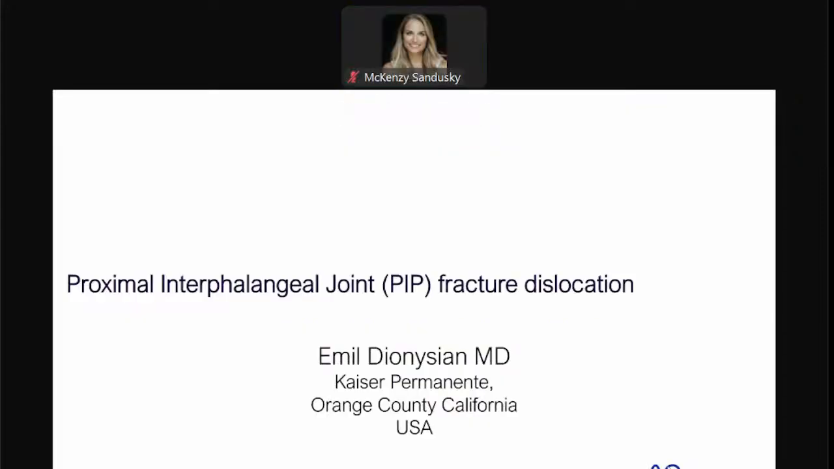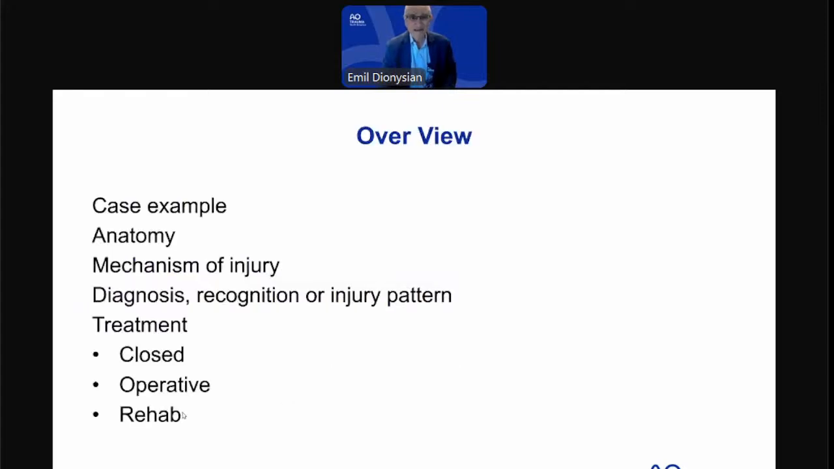Excellent. Okay. Looks good. So we're going to talk about the proximal interphalangeal joint fractures. In short, we will call them PIP fractures. And just a general overview, I'm going to present a case example, go over the anatomy, mechanism of injury, diagnosis, and some of the treatment